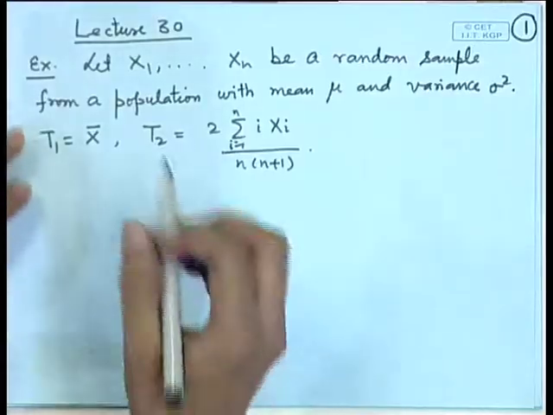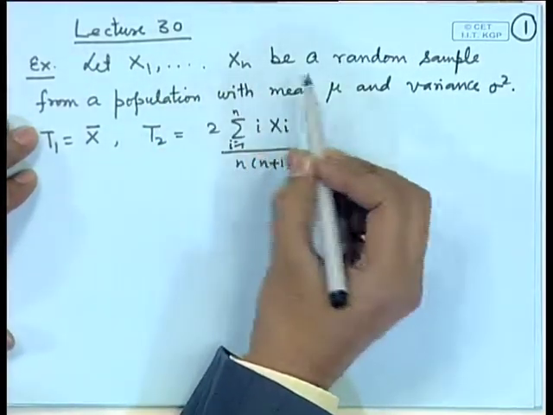Yesterday we introduced the criteria for deciding which estimator should be preferred among the given estimators. For example, if T1 and T2 are two unbiased estimators for the same parameter g(theta), then we will prefer T1 over T2 if the variance of T1 is less than or equal to the variance of T2. In general, if I am considering any two estimators, that means they need not be unbiased. In that case, we will compare the mean squared errors and the estimator with smaller mean squared error will be preferred.